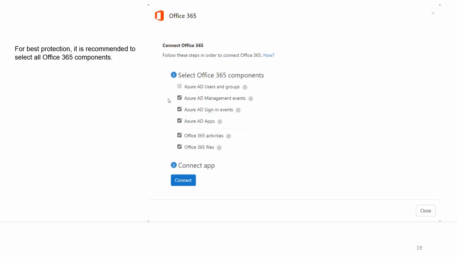And as you add Office 365, I recommend checking each one of the different components to make sure that you get the maximum visibility of the information out there. And one of the examples here are the Office 365 files. As you